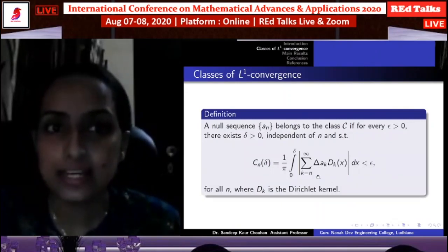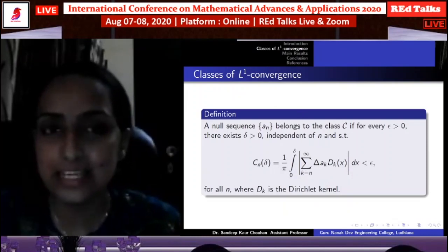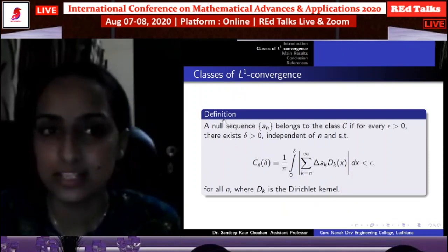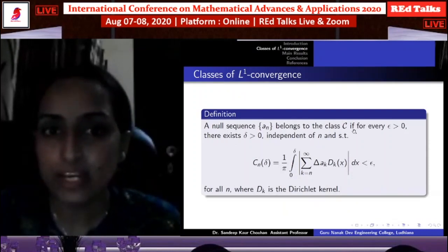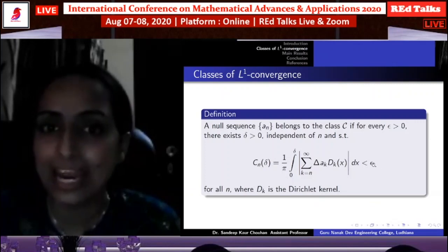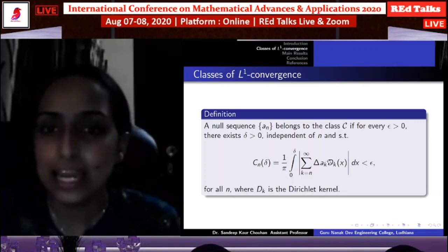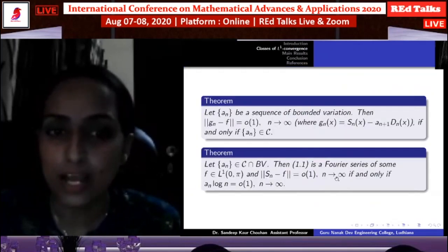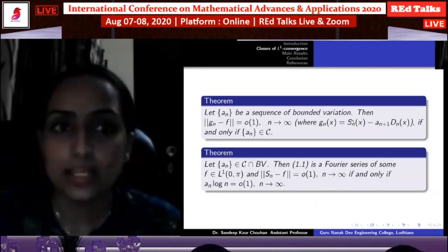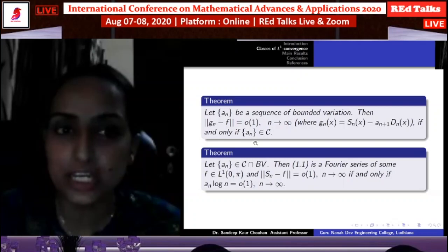The next section is classes of L1 convergence. In this section, firstly, I recall some classes of L1 convergence and their concerned results. Garrett and Stanojevic defined the class C. A null sequence an belongs to the class C if for every epsilon greater than 0 there exists delta greater than 0 independent of n such that Cn delta is less than epsilon for all n, where Dk is the Dirichlet kernel. They proved the following theorem: let an be a sequence of bounded variation, then